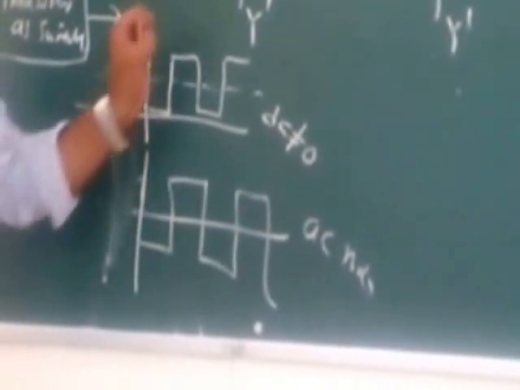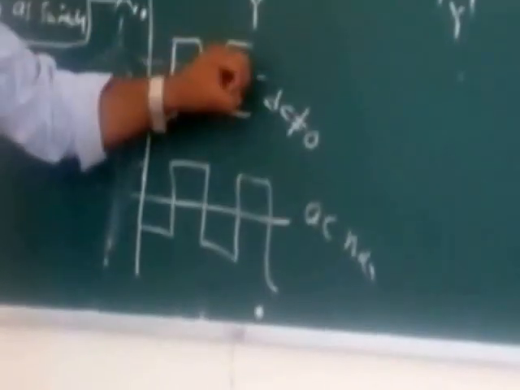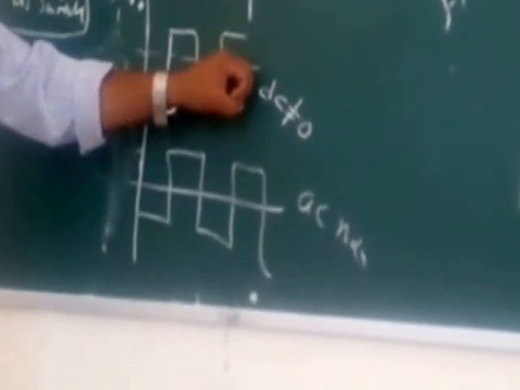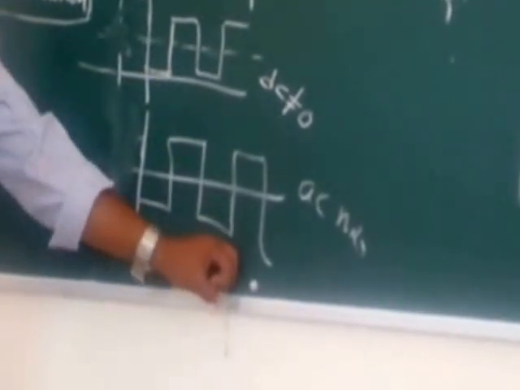For that purpose, first you need to know about the theory of the circuit. If you know the theory, then you can understand what is DC, what is AC, in which signal DC is available, in which signal AC is available. So when the signal is DC, you need to observe the signal in the DC mode only. If you see it in the AC mode, you are going to get wrong values. Okay, that is the purpose of the DC mode.